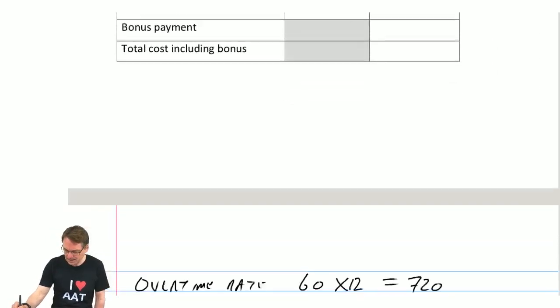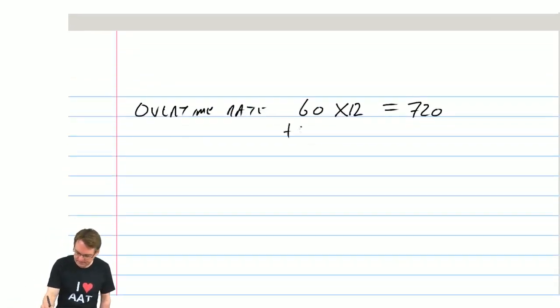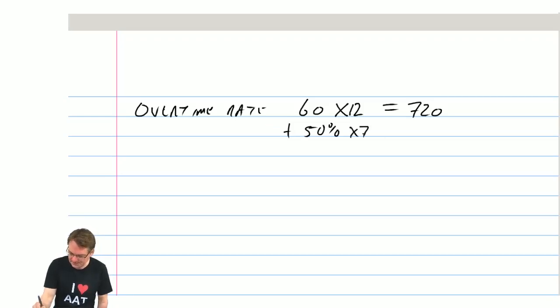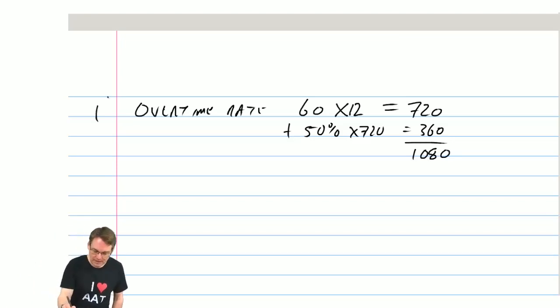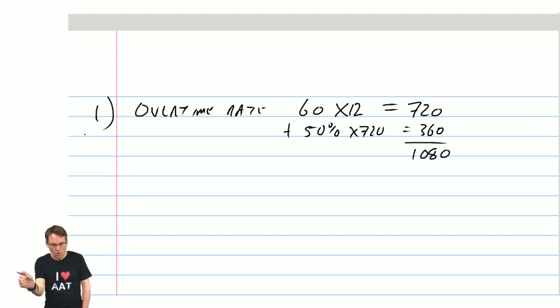Right, okay. Well, 50% of 720 is another 360, and so that's 1,080, and that's one way you can do it. If that works for you, then absolutely fine. Or